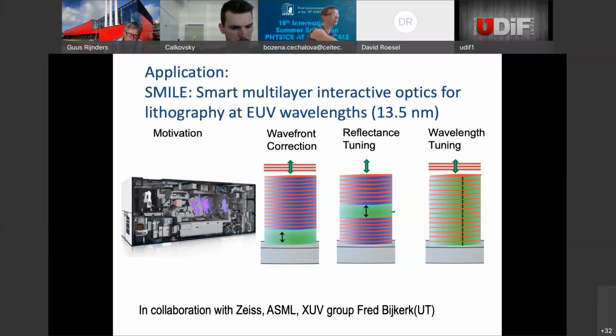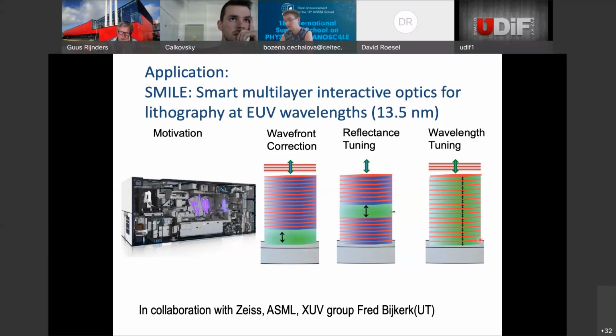So one way to circumvent that is to make one of these mirrors smart. And actually we got into this project called SMILE, Smart Multi-Layer Interactive Optics for Lithography at extreme UV wavelength, 13.5 nanometers. And so here is a sketch of this Bragg mirror. These are fairly large mirrors. The largest ones are very large, up to 0.5 meter or so, where you have this Bragg mirror made out of non-oxide materials, which act as a mirror. And you can now do this wavefront correction, so distort the wavefront of the incoming light by changing, let's say, this